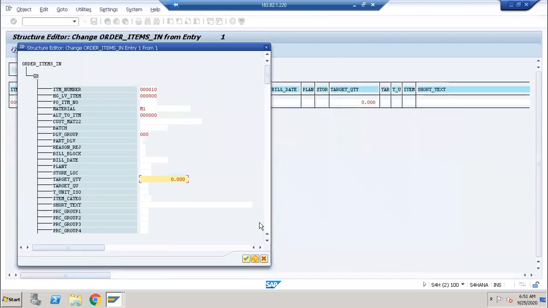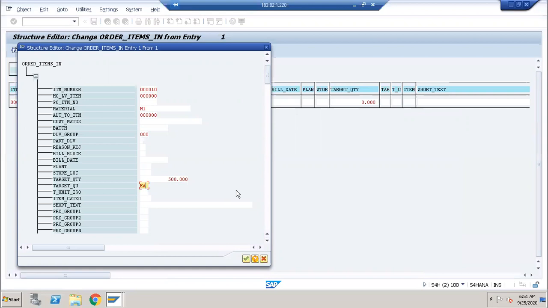I will pass these two things also here. The quantity I will pass now, 500. 500 quantity I am passing, and the unit of measurement is EA, each.